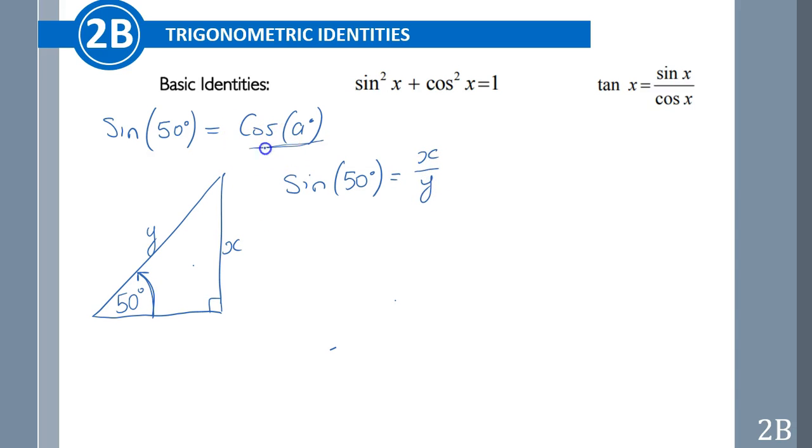Okay, and we know that cos of A is going to be exactly the same thing because we've got an equals in the middle there. So what we want to do, we want to find out if we can make cos of something equal x over y. Well, cos of 50 certainly doesn't give us x over y. If we use the 90 degrees, we can't do it either. If we popped A up in this corner here, x would be our adjacent side and y would be our hypotenuse. So we could use this other angle in the other corner,